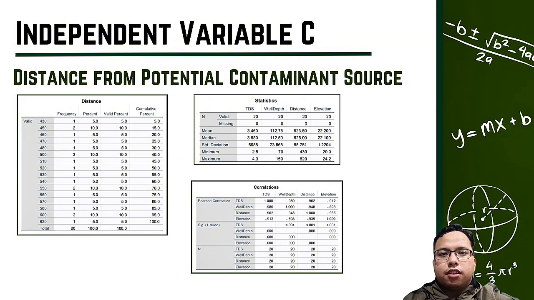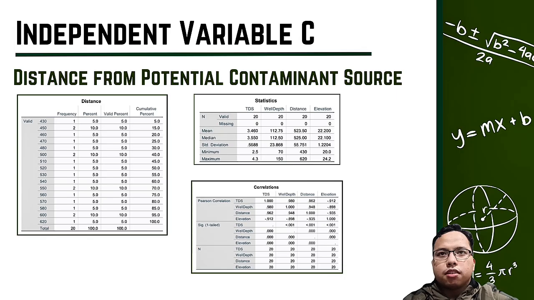So next, I will explain the third independent variable used in this study, which is distance from the potential contaminant source measured in meters. This variable refers to the distance between each monitoring well and a possible source of contamination, such as agricultural activities, industrial operation, or waste disposal areas. It was included in the analysis because contaminant source can influence the groundwater quality and affect the concentration of total dissolved solids, or TDS. Based on the dataset, the distance values range from 430 meters to 620 meters,